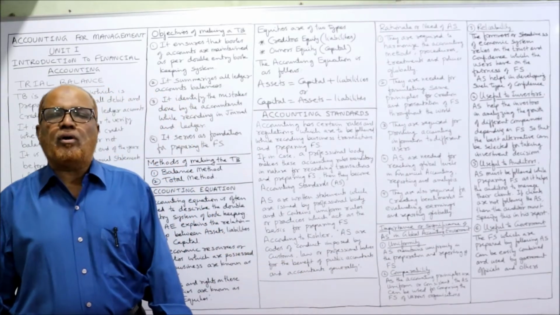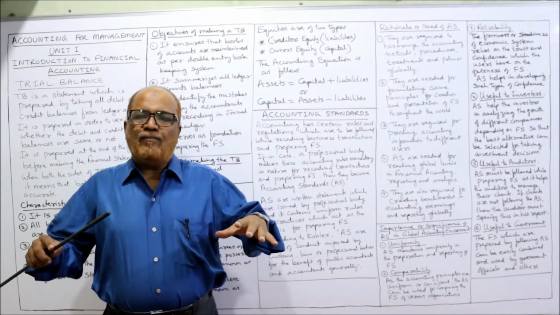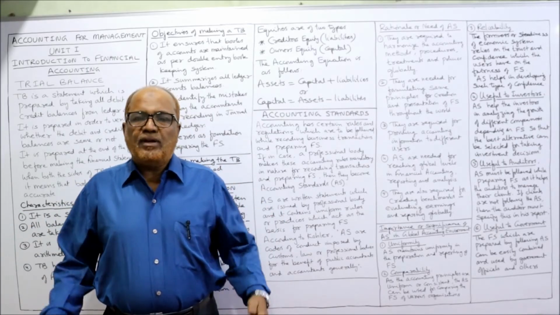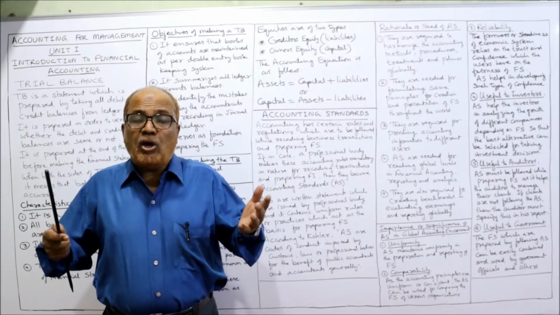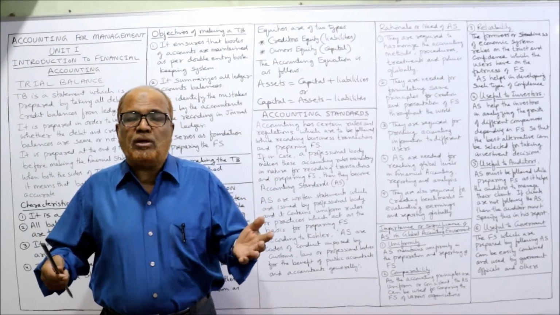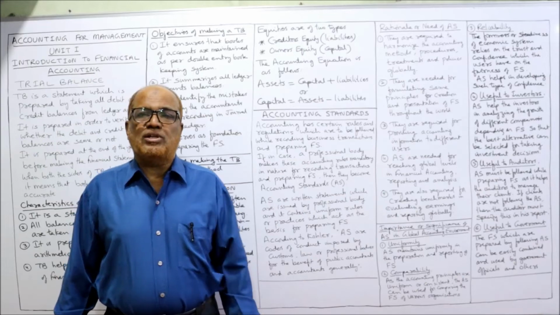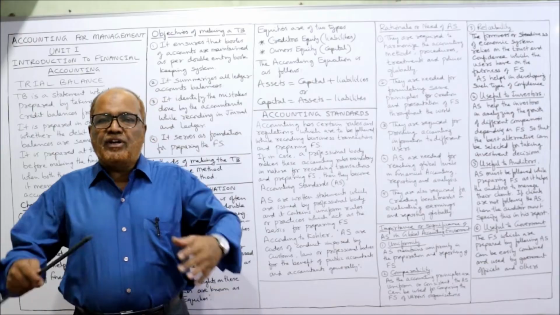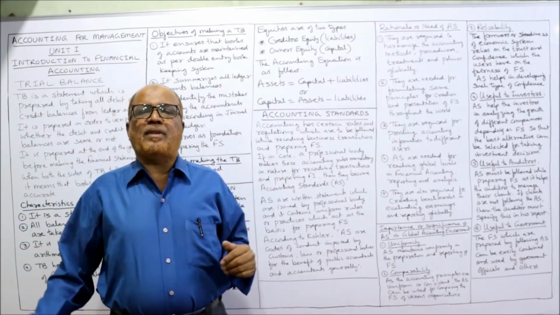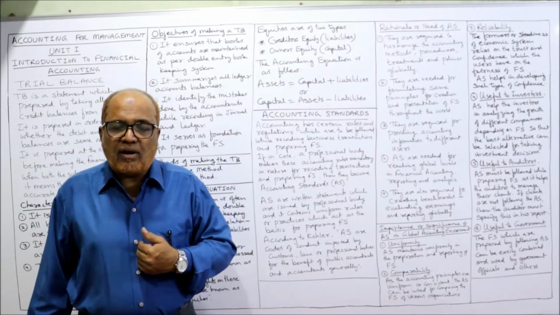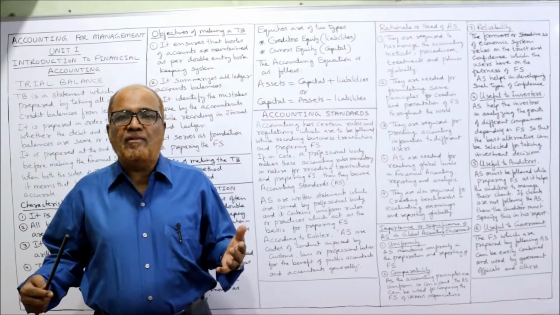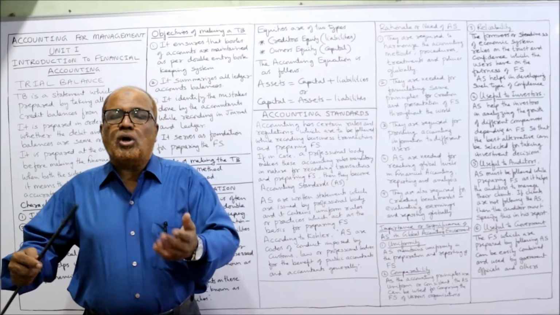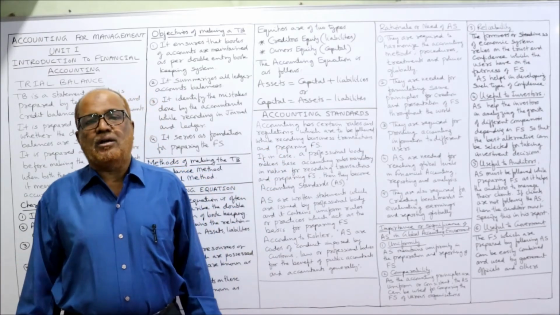First point, uniformity. See here, if every firm adopts different accounting policies, then we cannot compare. There will be a lot of chaos, a lot of confusion in understanding the financial statements. Example, bankers have to give loans to businesses. If different businesses follow different accounting methods, then it will be difficult for the banker to evaluate every business because there is no uniformity. If there is uniformity, the job of the banker will be much easier to analyze,